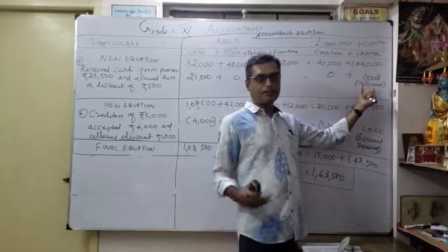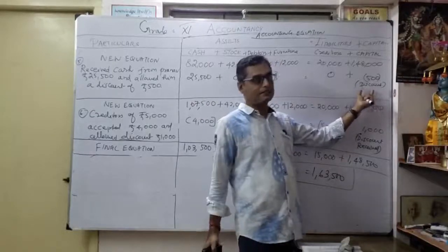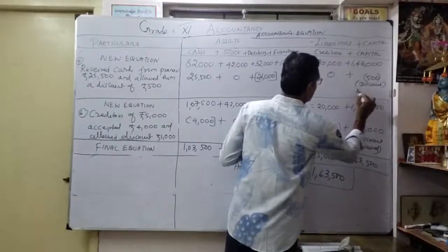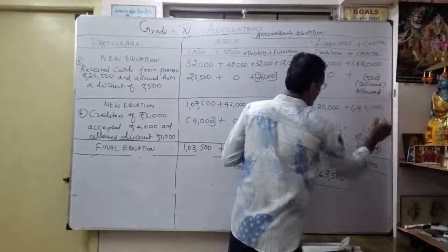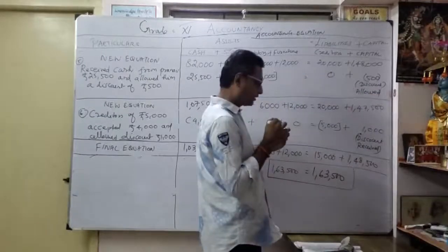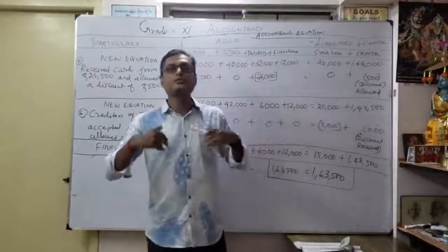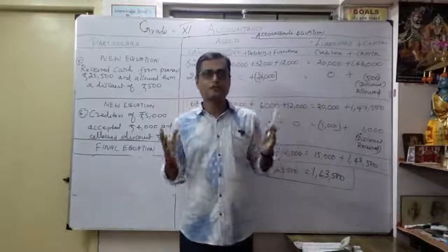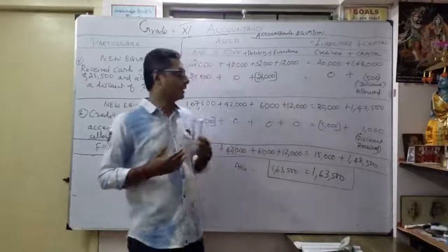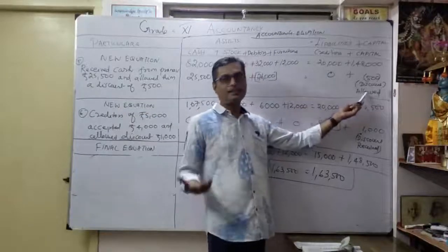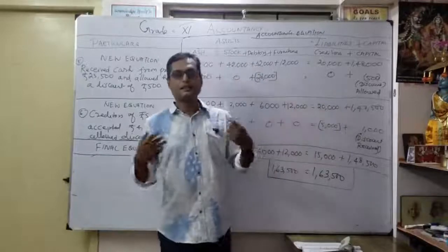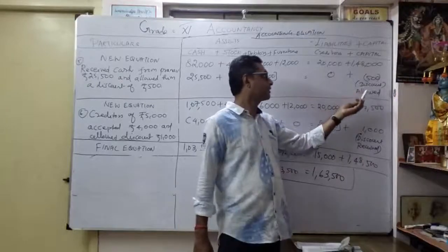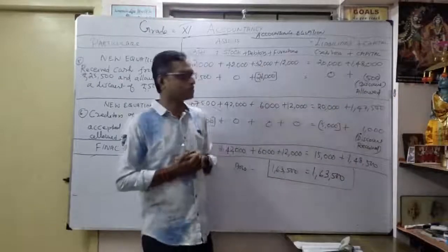Thereafter, see how you are going to show the discount. Actually, when we allow a discount to the debtors, we are losing money. This is discount allowed. We have already discussed it as an accounting term. This is discount allowed. Okay. And this is discount received. So what is discount allowed? We allow discount to debtors. What is discount received? Our creditors allow discount to us. Now understood what discount received and discount allowed are. For us, discount allowed is a loss. For them, as creditors, it is a loss. Discount received is a gain for us. As far as our concern, discount allowed is a loss.